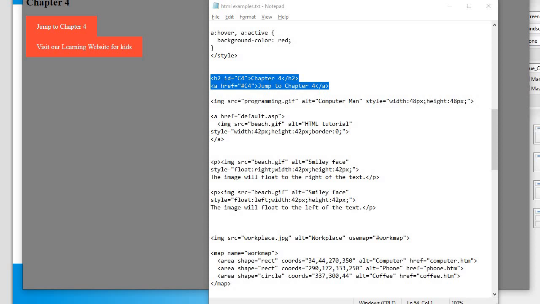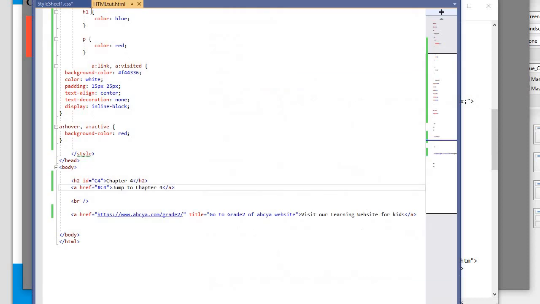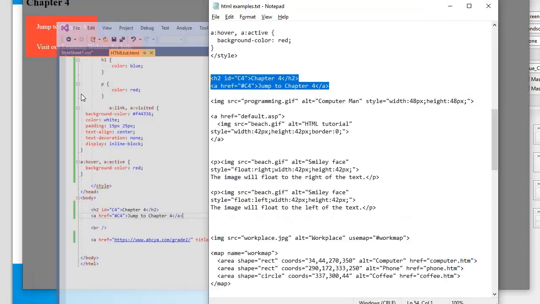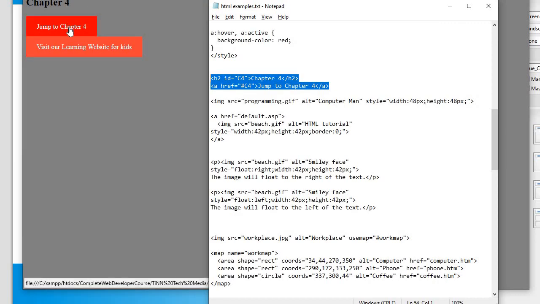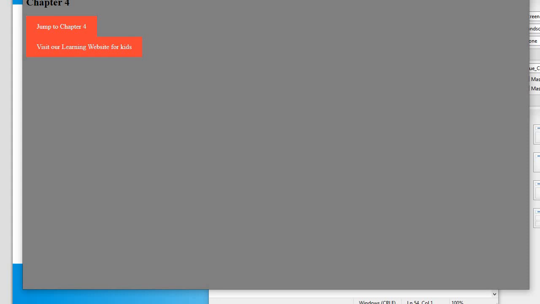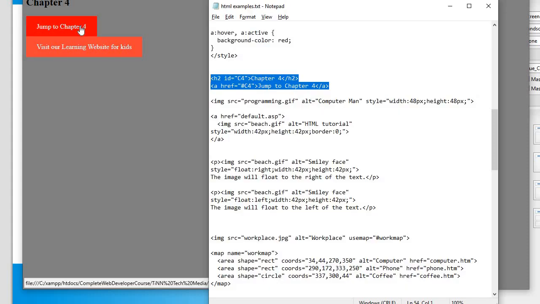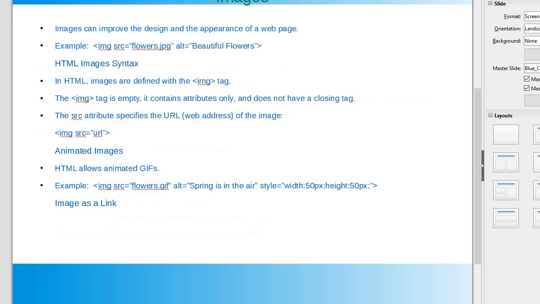So h2 id equal to c4, chapter 4. Since we have given display inline block for the links, that's why it's showing this one also as a block, because we have only one chapter. If you had many different chapters, it would be effective and you'd be able to actually see it. Okay, next is